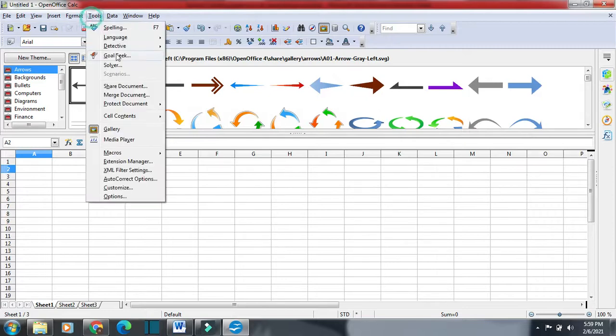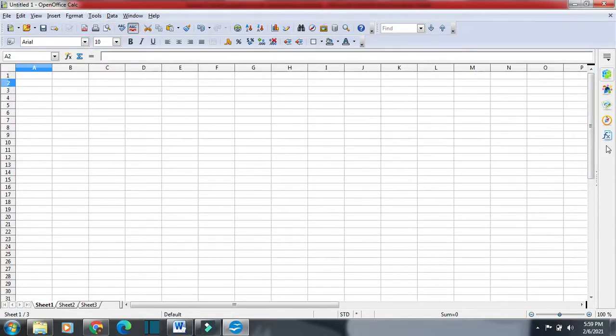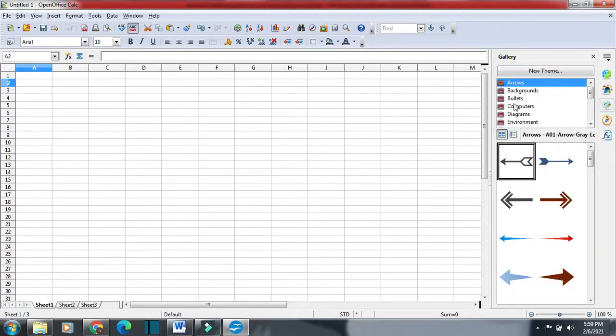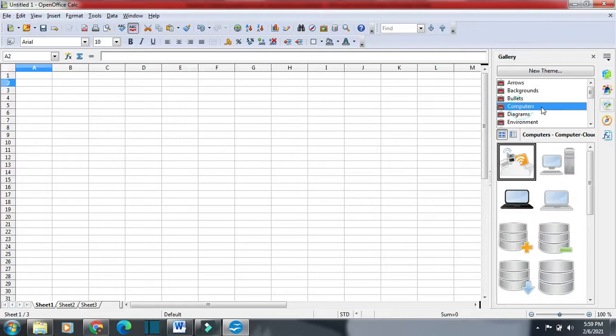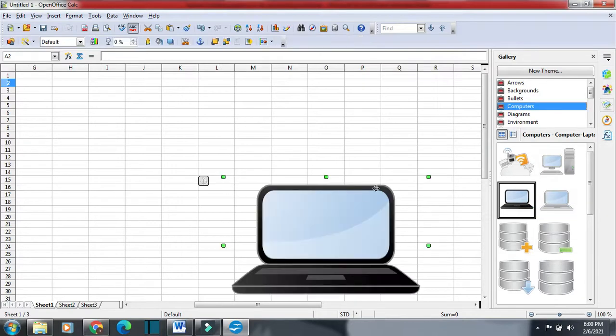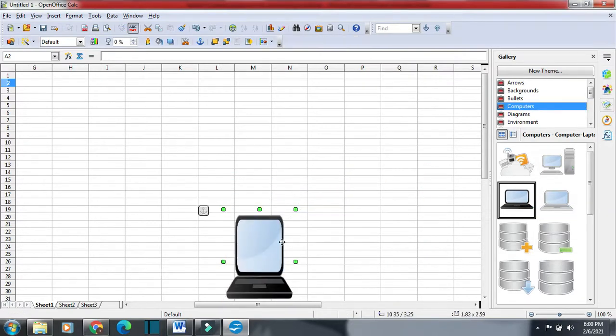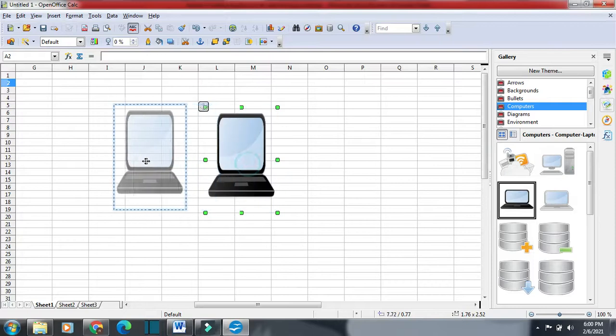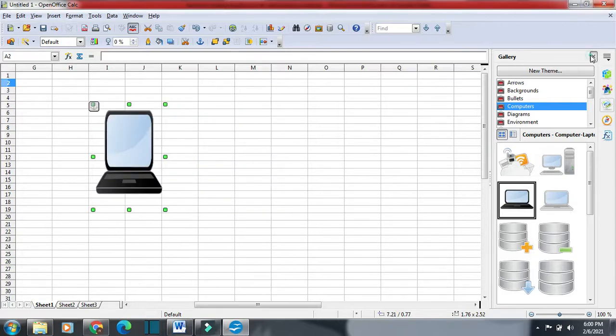We have one more option. We can click on gallery from here also. This will also open gallery. Suppose I have this theme, I want to insert this one. I will just drag it from here and release it here, and the graphic or the image will get inserted in the Calc worksheet.